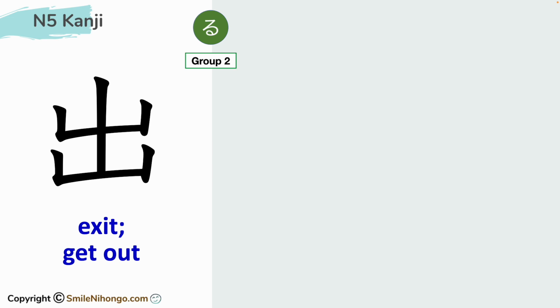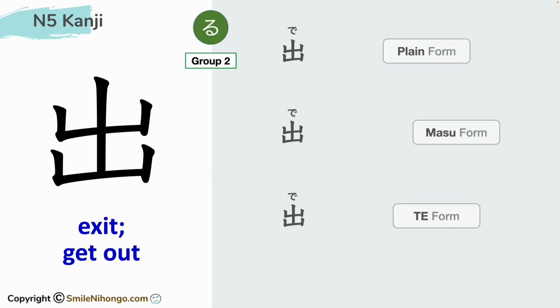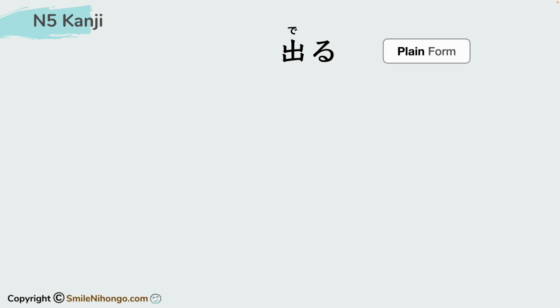では次の漢字です。We use this kanji for the verb exit or get out. And as a verb, the reading of this kanji is で。This verb is a ru verb or group 2 verb, and you conjugate it like this. でる、出る、出ます、出て。